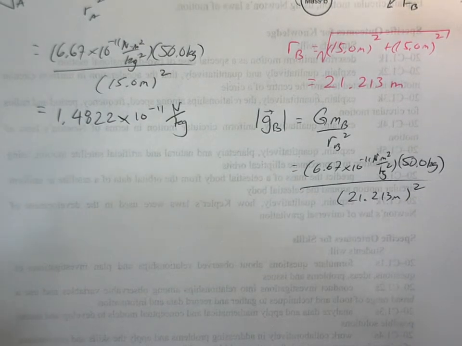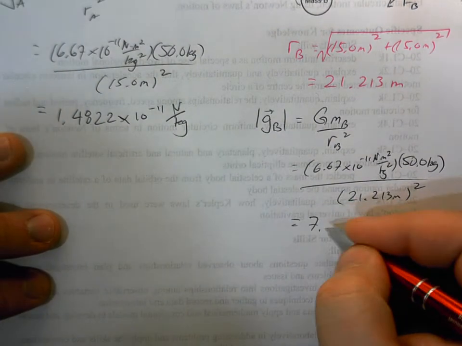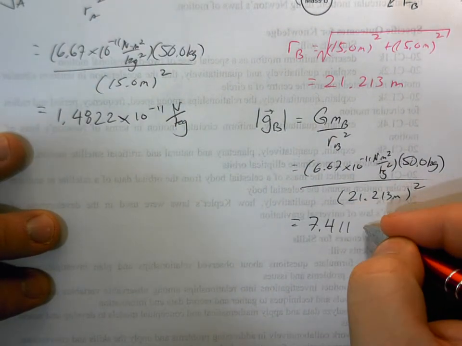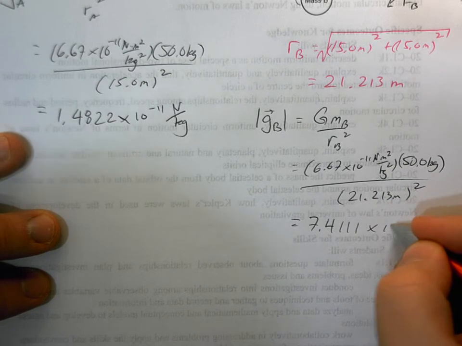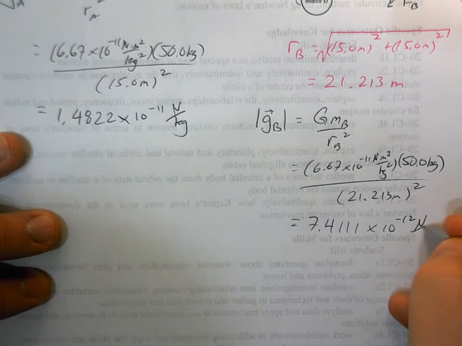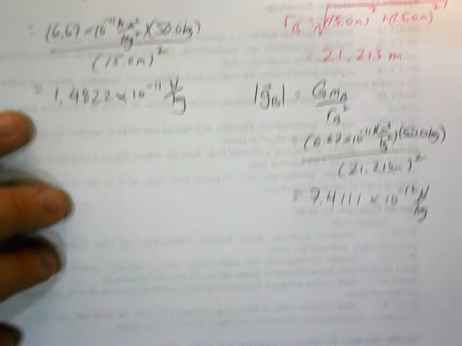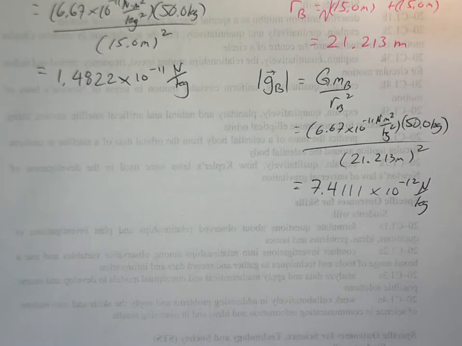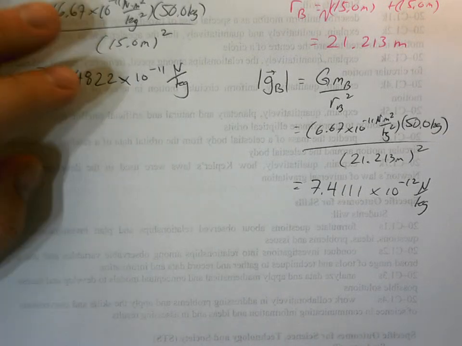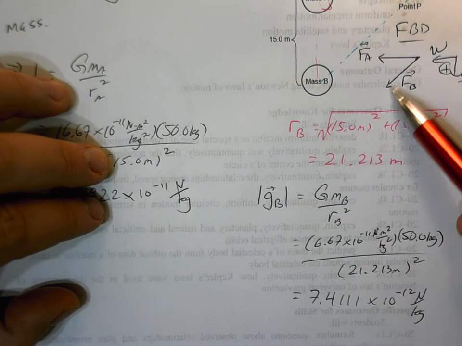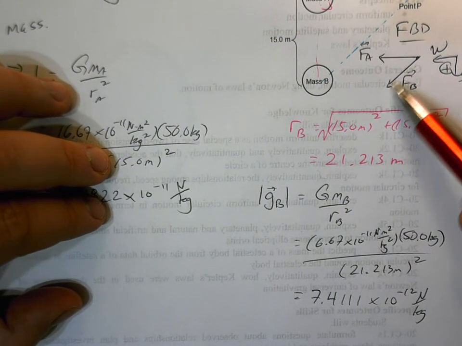So we got 6.67 times 10 to the minus 11, times 50 kilos, divided by that number squared, which is basically 4.11111 repeating, times 10 to the minus 12 newtons per kilogram. Now, when we did the 1D stuff, this was pretty much all we had to do. Unfortunately, this is not quite the end, because we see that this force, or this gravitational field strength, is acting